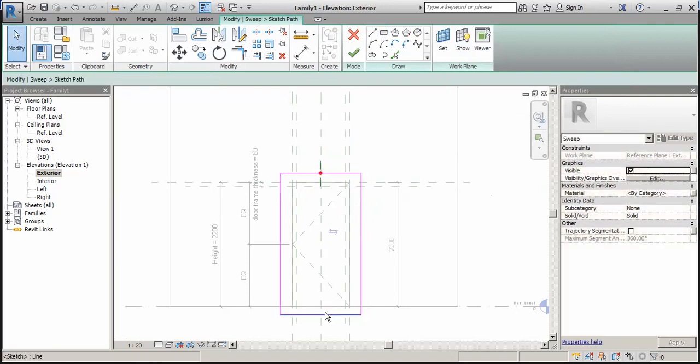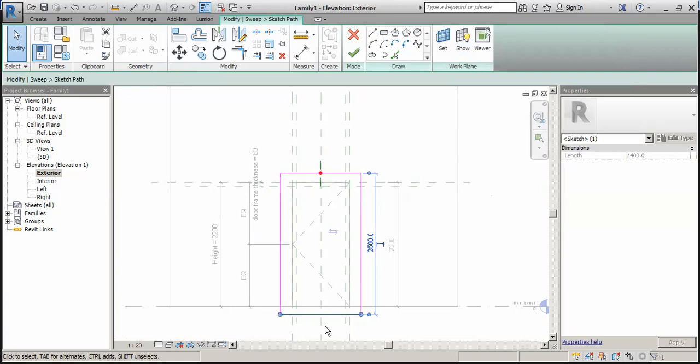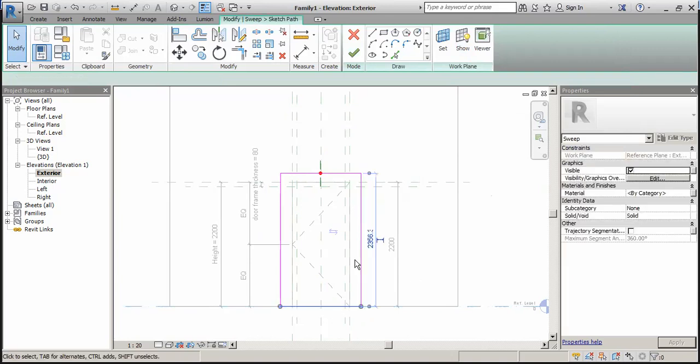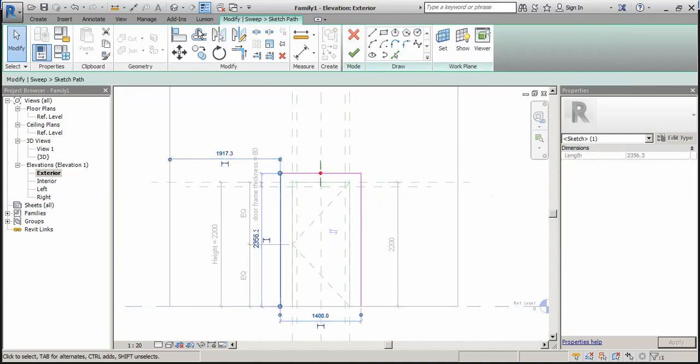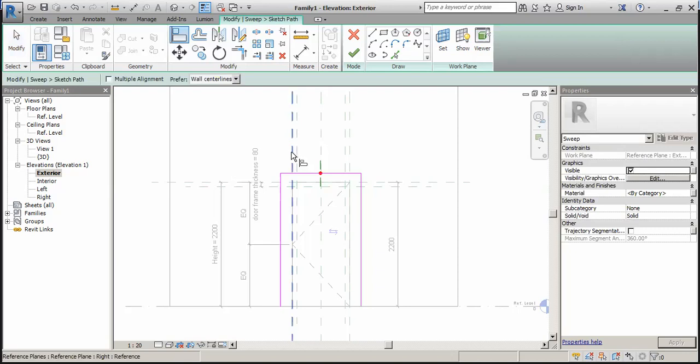And we will adjust this bottom part. We have to delete. Select this line and align to this reference plane. Lock this.